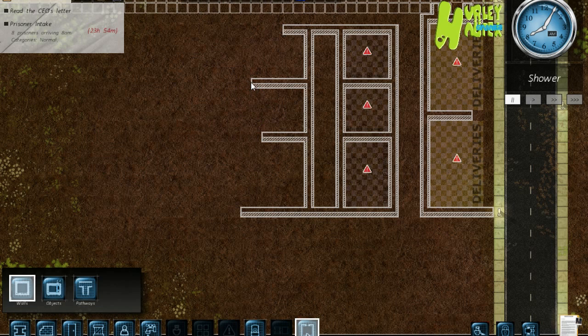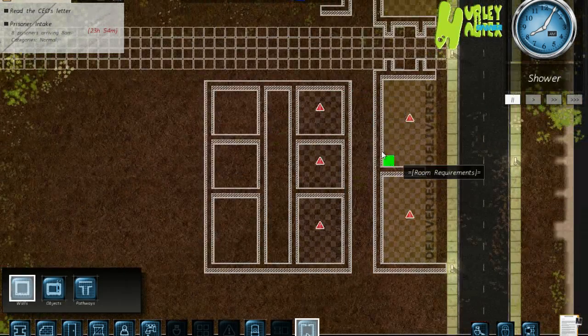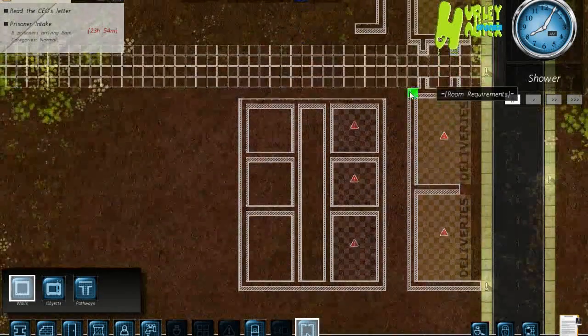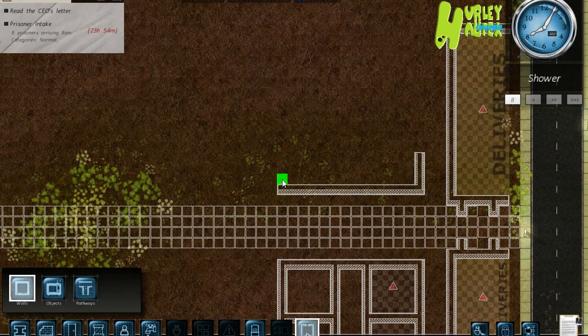That's still too large. Boom. And that's going to be our first little office building. It's going to have like the warden and the accountant and a couple other people probably. And this building right here, this is going to be...